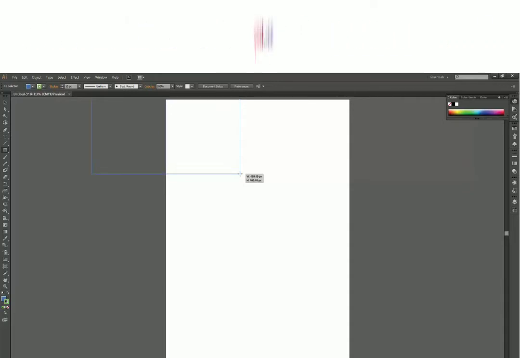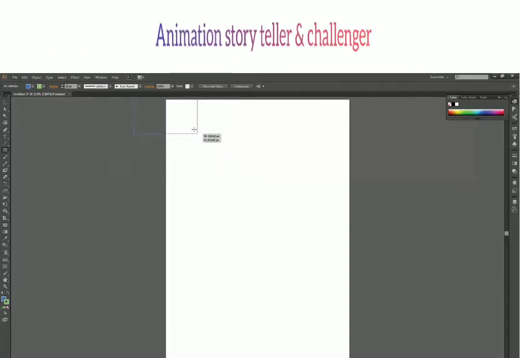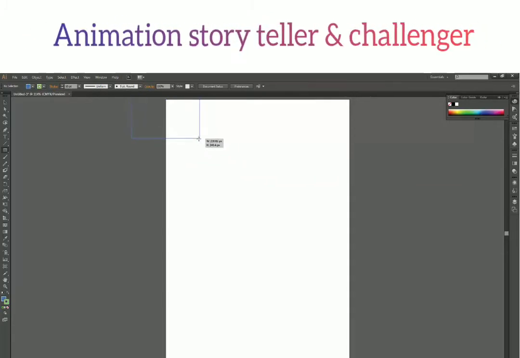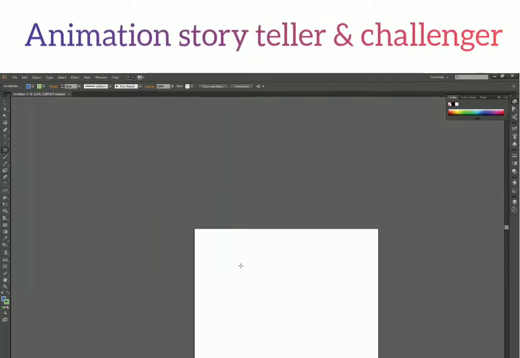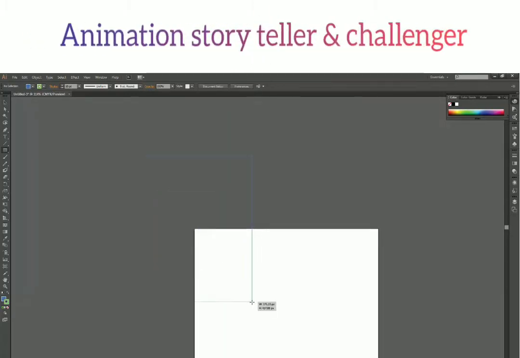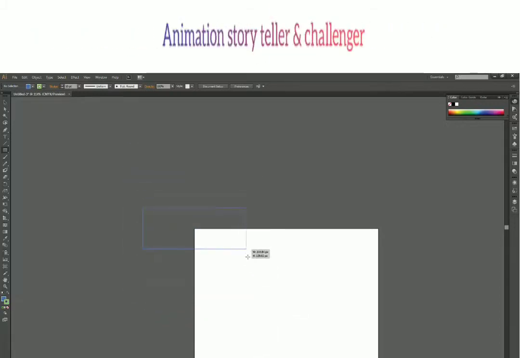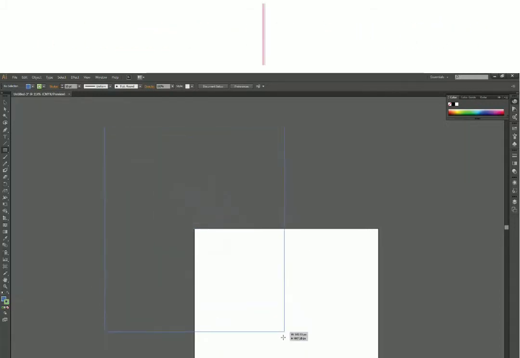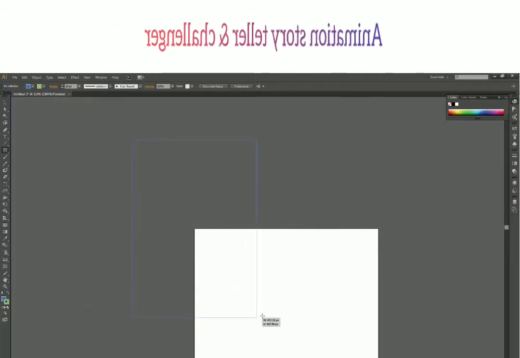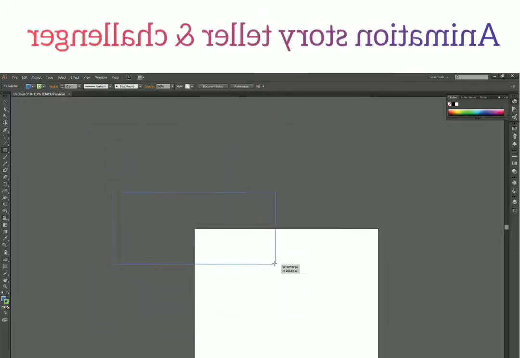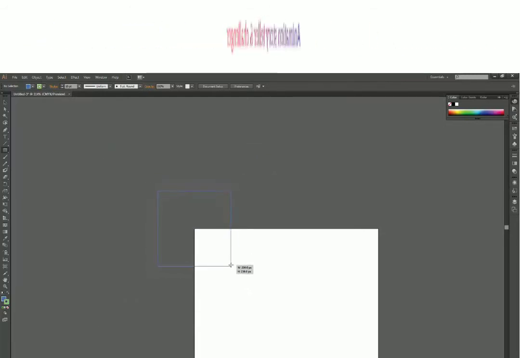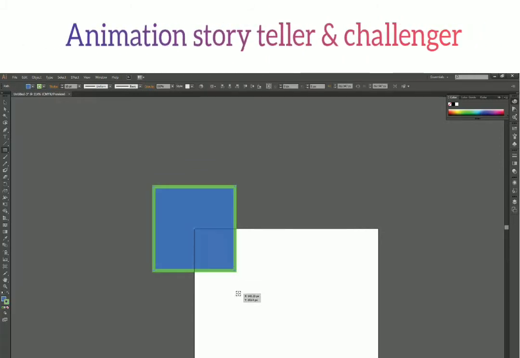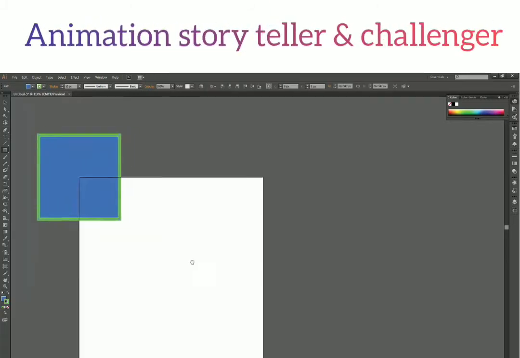Now when I press Alt, the center point shifts to my initial position from where I started drawing the rectangle. So let me go over here and then we'll draw. You can notice now I can draw it from the center position of my rectangle and the values will be symmetric around it. It's as simple as that. And you can again hold the shift key to make it a square, then release the mouse, release shift and Alt key, and there you go.